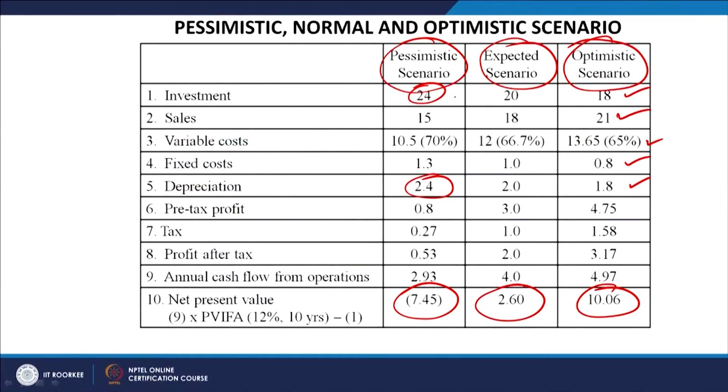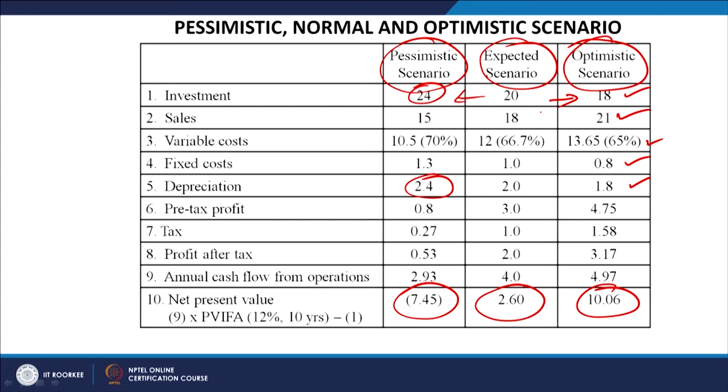And here now, as I told you, in the limitations of the sensitivity analysis, the only problem here is how likely these two are going to happen. How likely is it that the pessimistic scenario will emerge, how likely is it that the optimistic scenario will emerge. So, that likelihood, finding out or assigning the probability of emergence of any kind of scenarios is a $1,000,000 question, which is a very complex job.